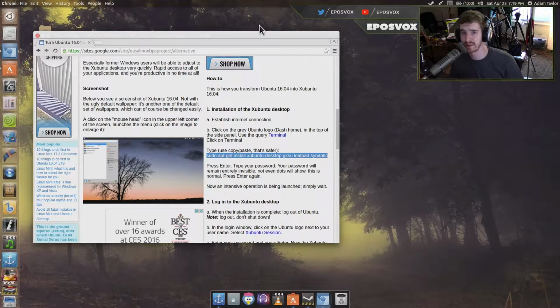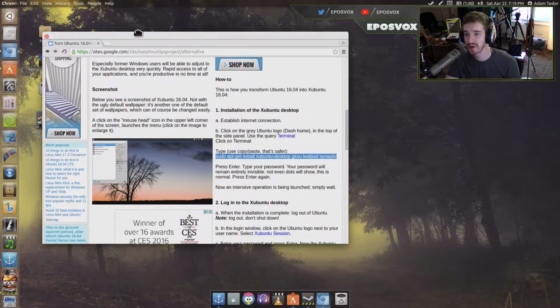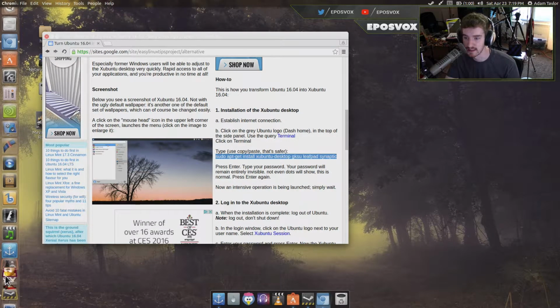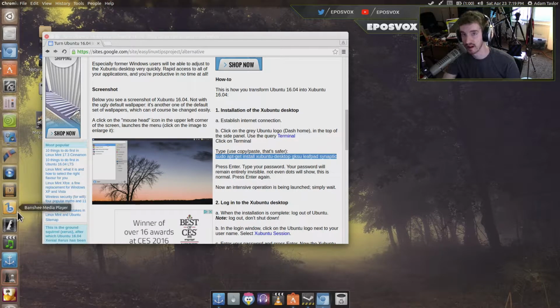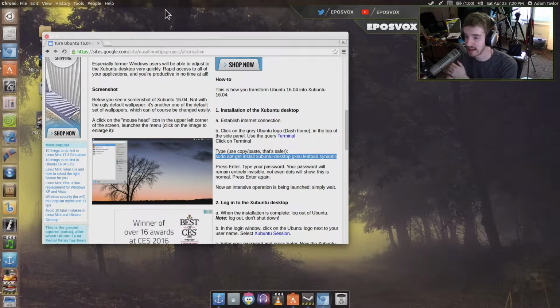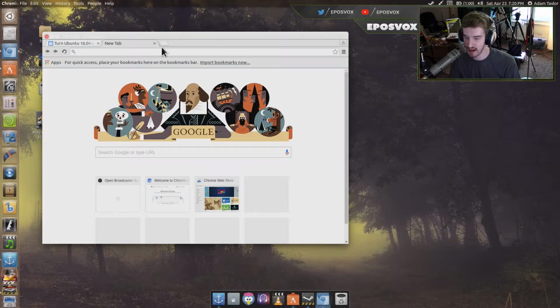Hello everyone, my name's Adam Vox, and we're still in Ubuntu 16.04, but it is time to ditch this awful Unity system, this awful Unity desktop manager. Now, if you're unaware, Linux distributions use a variety of different desktop managers, which is essentially the whole user interface that you're seeing here. This is the Unity desktop interface, or desktop manager interface, and for example, I don't have